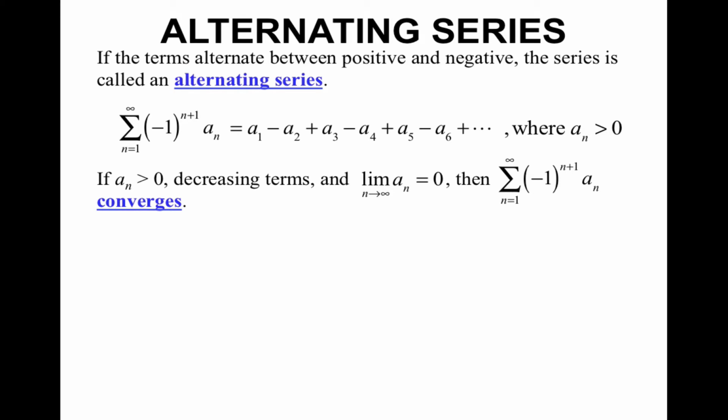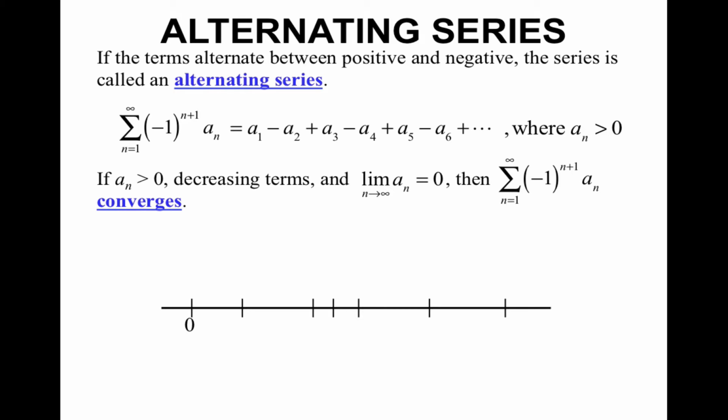And if a sub n is greater than 0 and with decreasing terms, and the limit as n approaches infinity of a sub n equals 0, then we can say that the alternating series converges. So what this means is